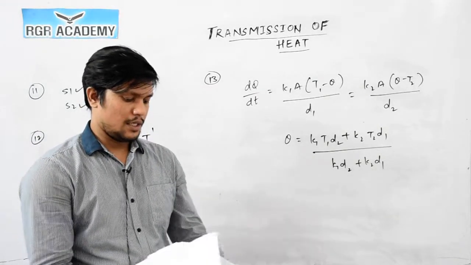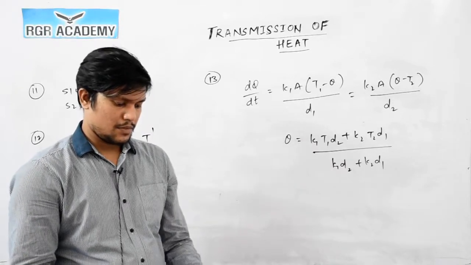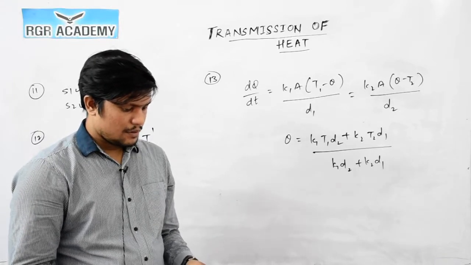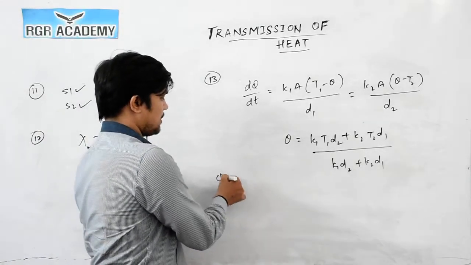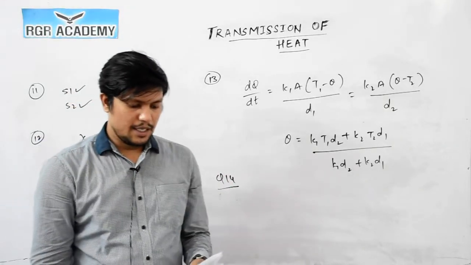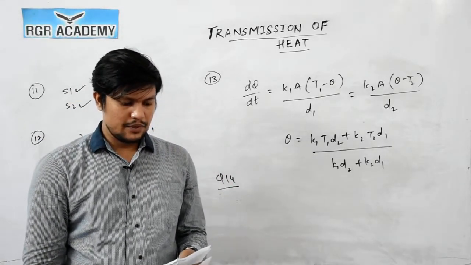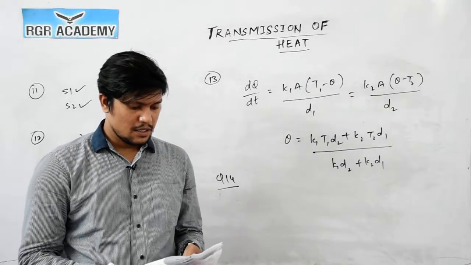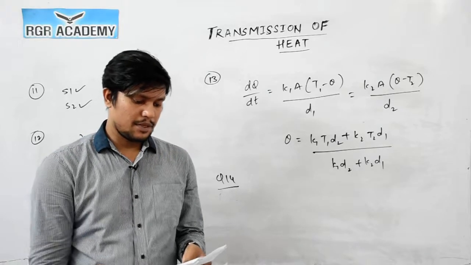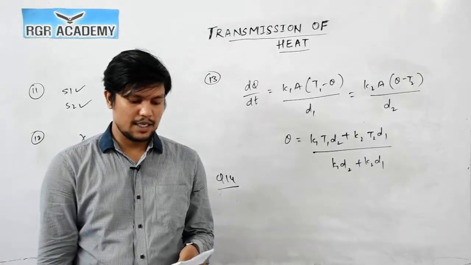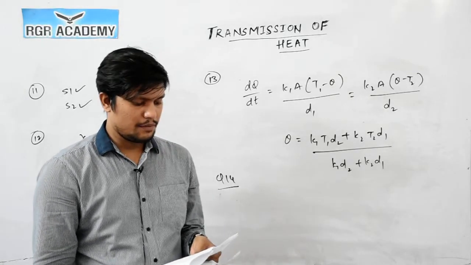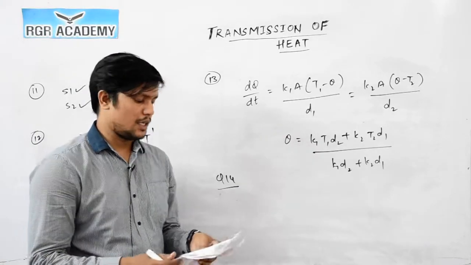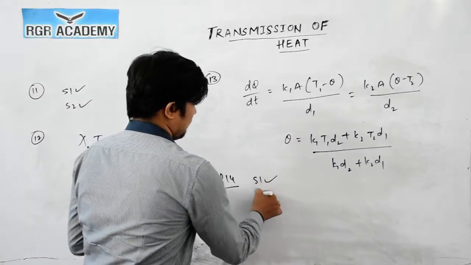Now question number 14, again a statement based question. On a chilly day, the brass tumbler feels much colder than the wooden tray. So the first statement is correct. The brass tumbler will feel much colder than the wooden tray, correct. The second one is, the thermal conductivity of brass is less than that of wood. Okay, so that is wrong. Thermal conductivity is more in the case of brass. So the first one is correct, the second one is wrong.